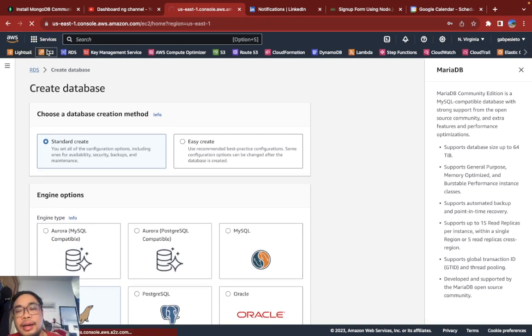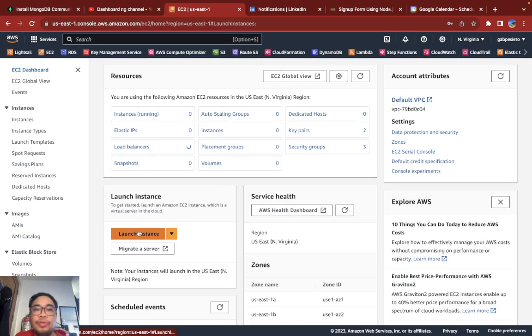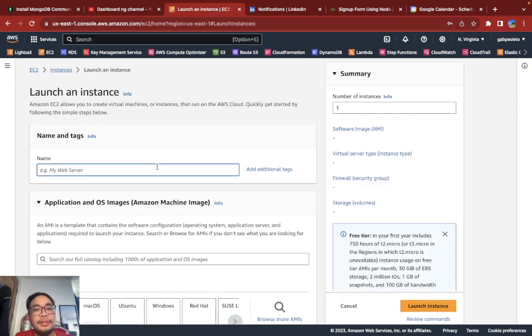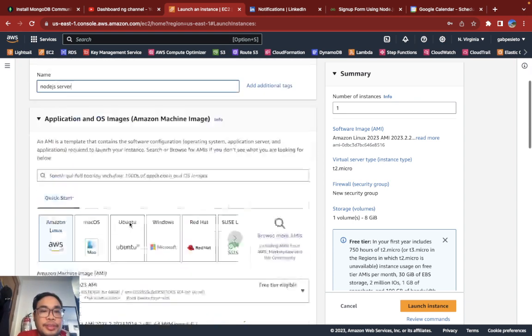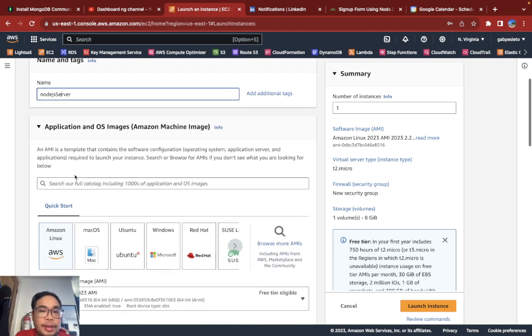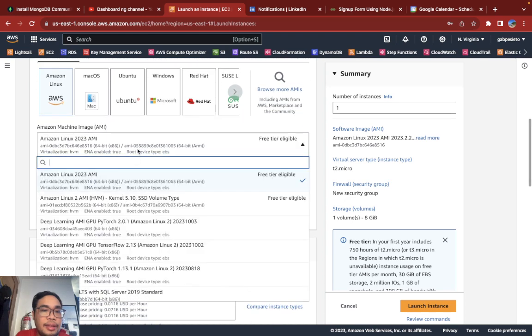Anyways, after that, we will create EC2 instances. So you should launch an EC2 instance. We name this the Node.js server. And then, yes, we can use that.